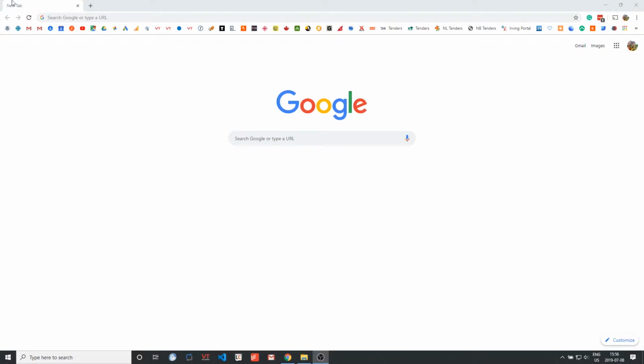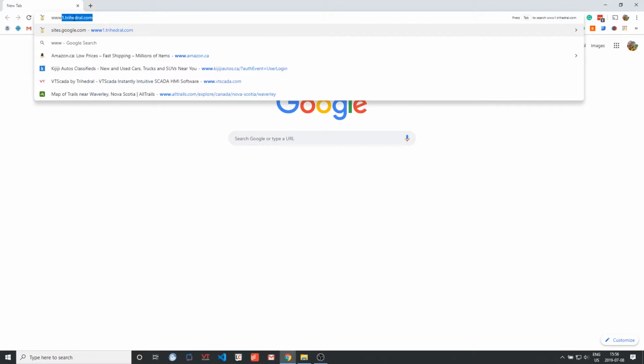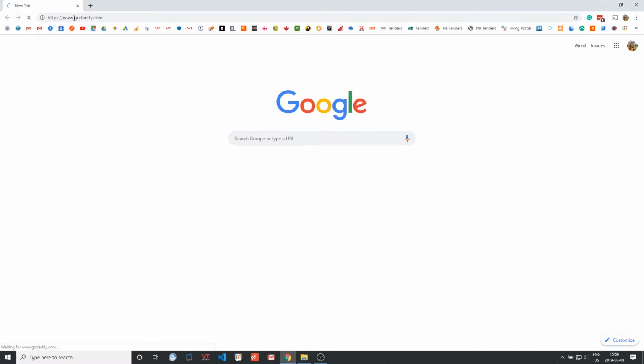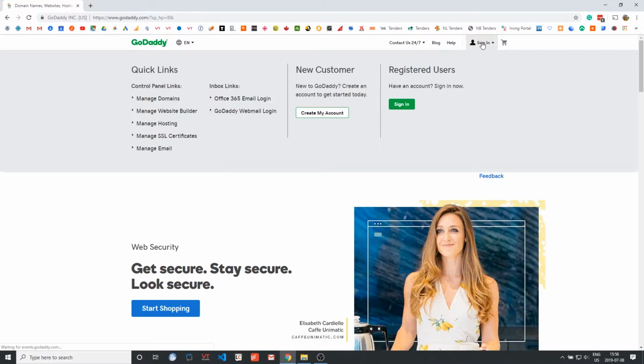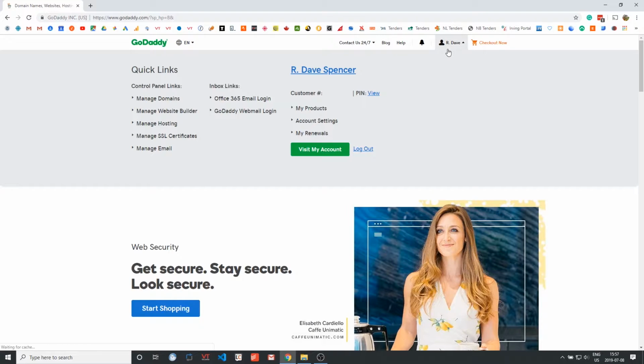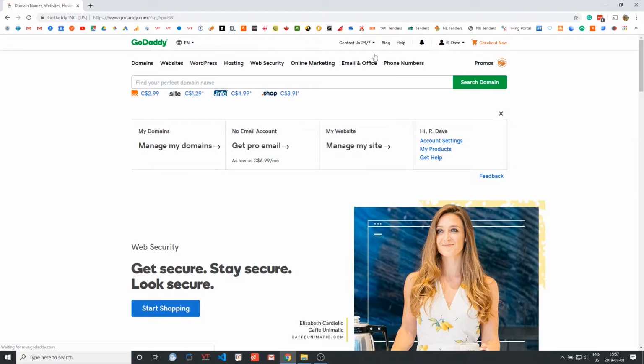Before we can secure our application, we'll need to get a domain name to attach to the SSL certificate. For this example, we'll head over to GoDaddy.com to get the SSL certificate as well as the domain name. So to start off, make sure that you are logged in or that you get an account with GoDaddy, and then you can go right at the top here and search for the domain that you'd like to have for